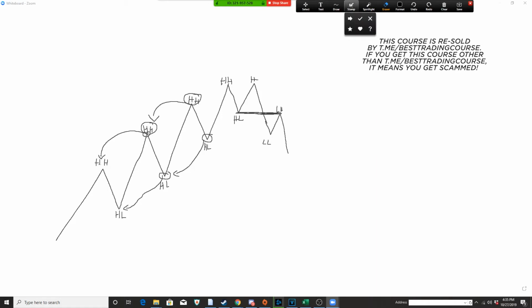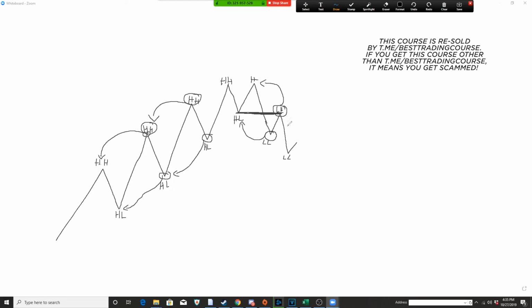Again, this is very easily identifiable because this high is lower than our previous high, and this low, which is a lower low, is lower than our previous low. So now this bullish market condition is no longer valid and price is going to start to most likely reverse,